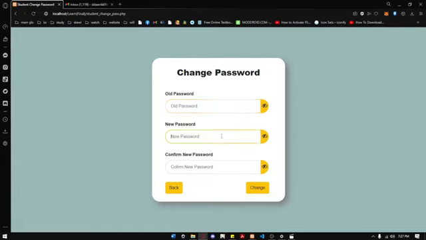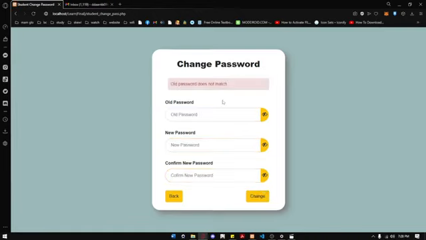And here, you will type your new password that you want and it should match the field under it, which is this one. So let's try. You can also check if you type in the right information through these buttons over here. And also, if you type in the wrong input, there's going to be an error. So I'm going to show you and I'm going to click the change.